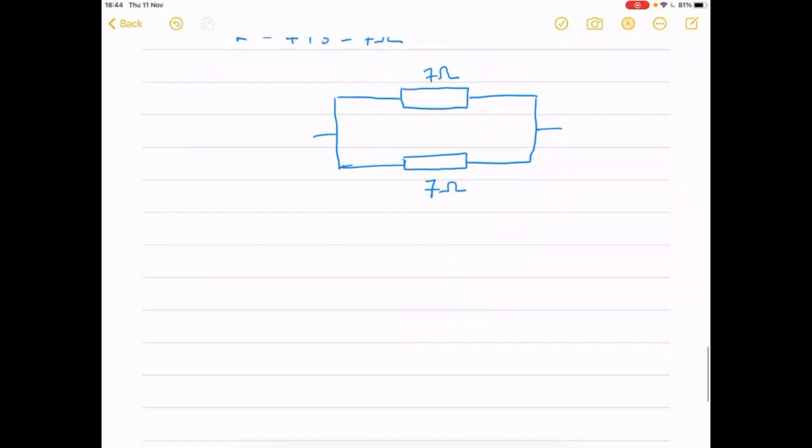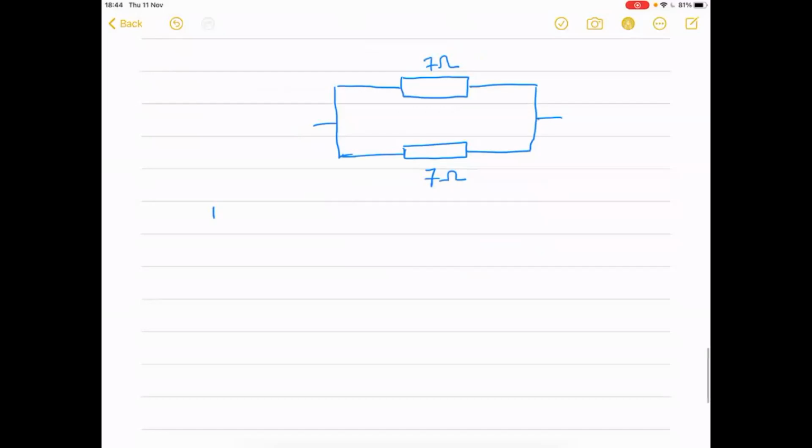So how do we find the equivalent resistance now? 1 over R parallel is equal to 1 over 7 plus 1 over 7. And actually, what's 1 over